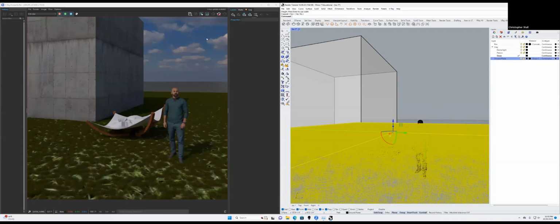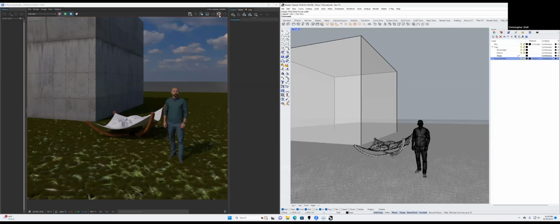And the reason we're not seeing it over here is because we're running an actual rendering, so it's not going to update things that we are doing in the Rhino file, but if we turn that off and then do start interactive,